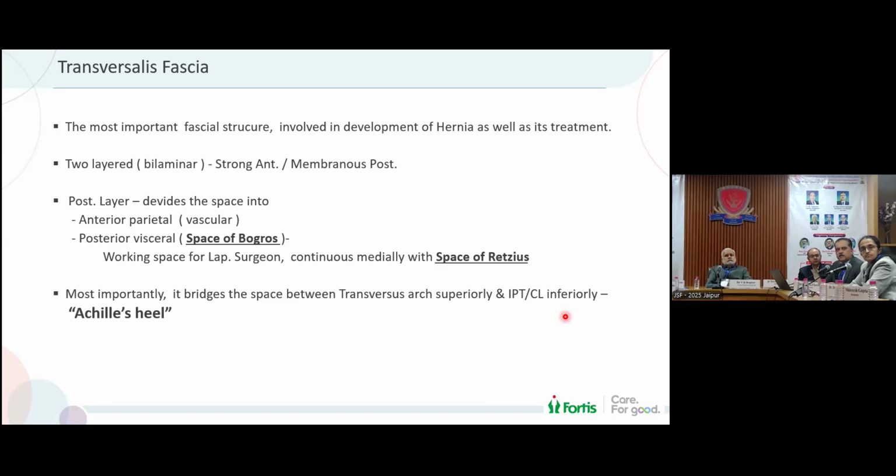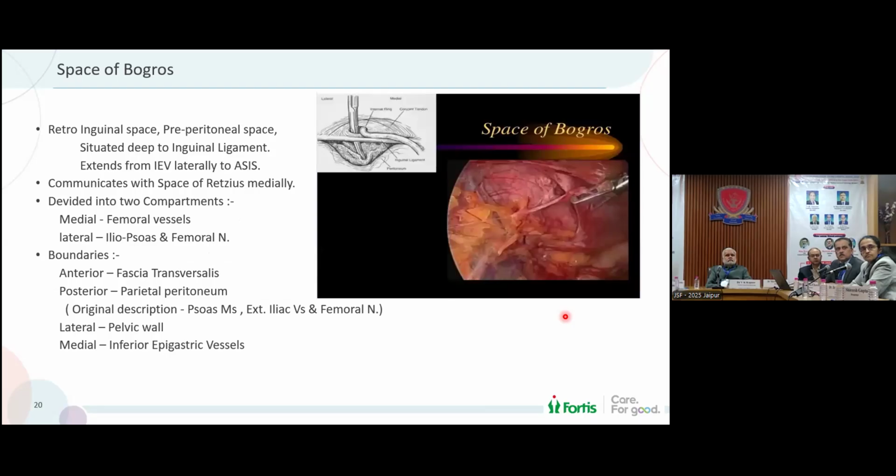And in the posterior visceral layer, there is the space of Bogros. That is the working space for the laparoscopic surgeon. It is on the lateral aspect and continues medially with the space of Retzius. The space of Bogros is a retroinguinal space, a preperitoneal space situated deep to the inguinal ligament, extending from the inferior epigastric vessels medially to the anterior superior iliac spine laterally. It communicates with the space of Retzius medially,